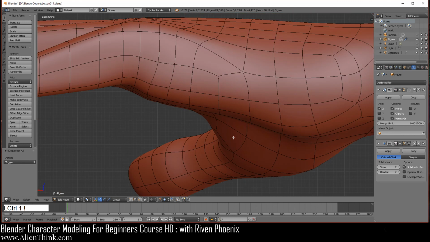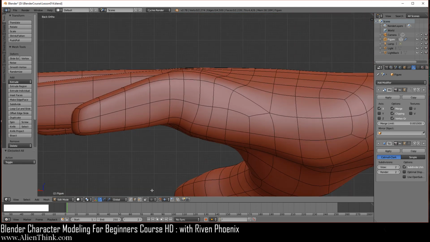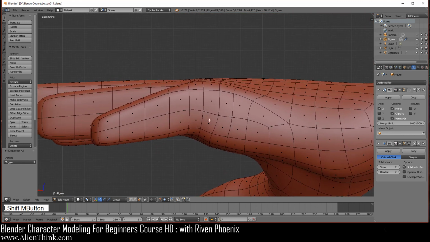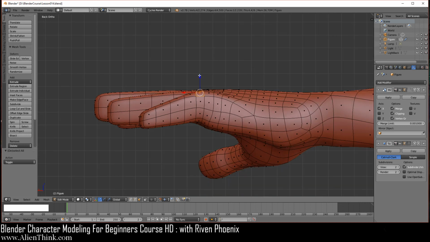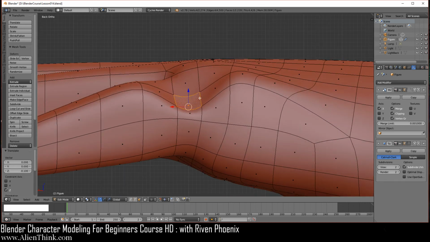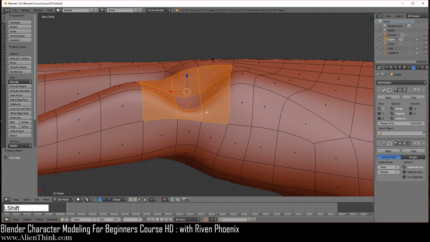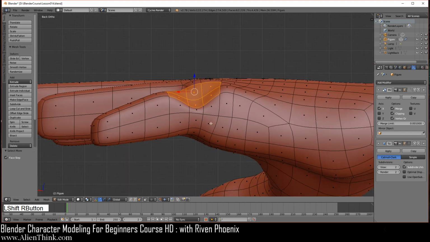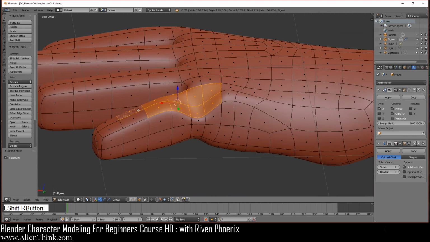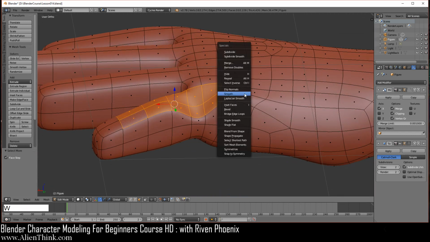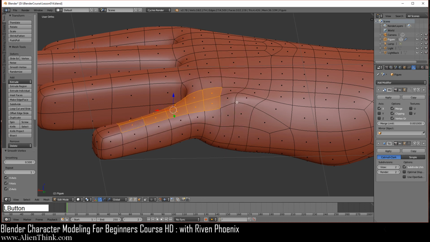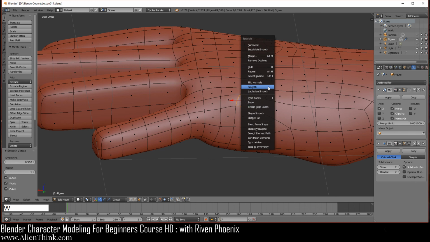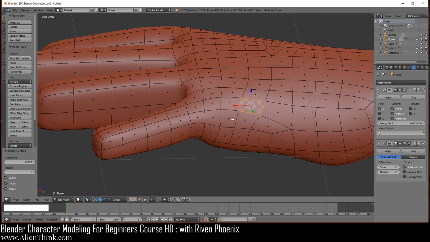Now do Control 1 to go to the outside view over here. You're going to click on this one, click this one, and you're going to zoom out to get the big grid units. Punch it down one time. This is to build pressure. I'm going to do Control and plus sign. And Shift and deselect these guys. Come over here. Select these guys. Now do W smooth. 1, 2, 3, 4, 5, 6, 7, and then 8. Click on this one. Do W smooth. 1, 2, 3, 4. Okay.